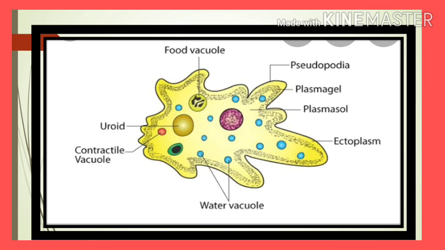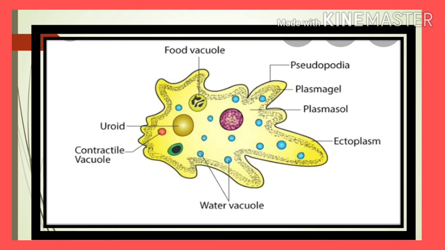So here all the life activities are performed by a process called diffusion. About this diffusion, in the higher classes you will learn more. So diffusion is nothing but the movement of molecules from high concentration to low concentration. In this way, these unicellular organisms, even with one cell, are able to perform